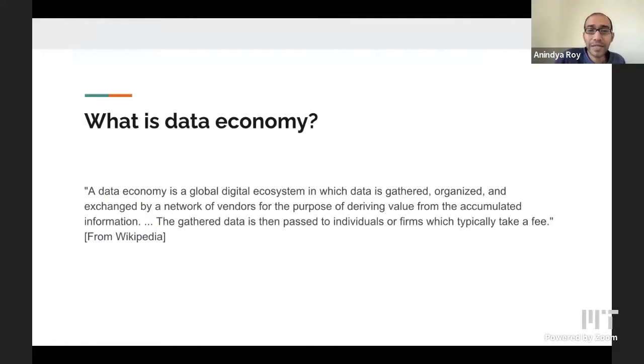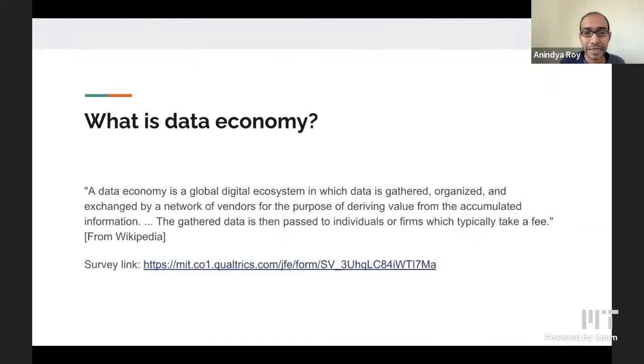And what is data economy? I have copy pasted the definition from Wikipedia, and it's still a relatively new term. We are still not super familiar with various aspects of it. And we will talk about it in great detail in the rest of the talk. But I'm being purposely somewhat vague about it because I don't want to cloud your judgment or opinions about it if you're not already super familiar with it. I'm expecting all of that to come out through the survey, and then we'll talk about it in great length. So with that, here's the survey.